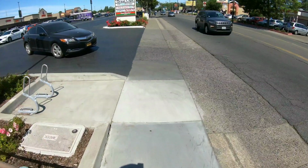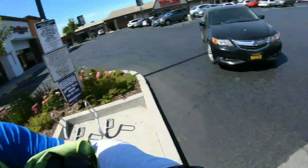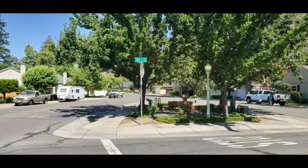The other thing I want to point out is you have to be careful walking on the sidewalk here, because you can easily trip and hurt yourself. And I know there's a section of concrete up here that I've not tripped and fallen down on, but banged my toe against. So